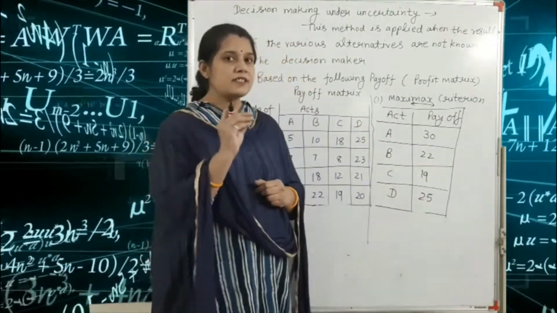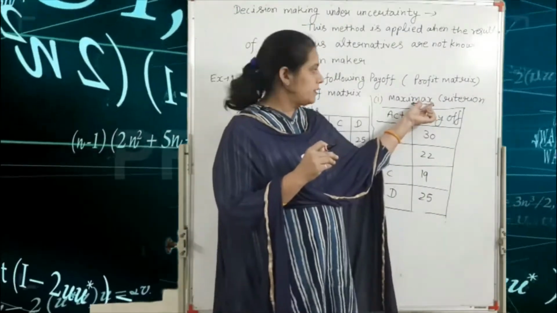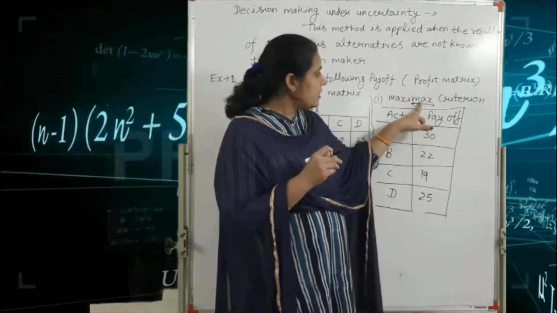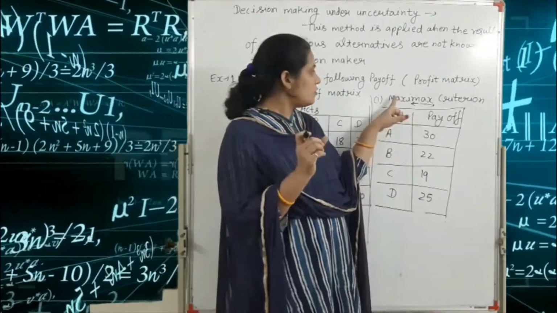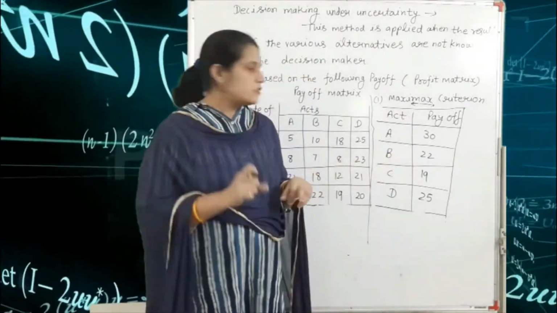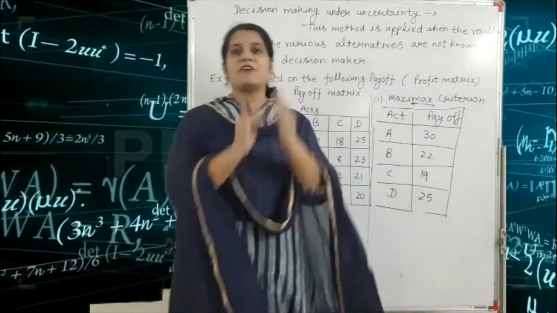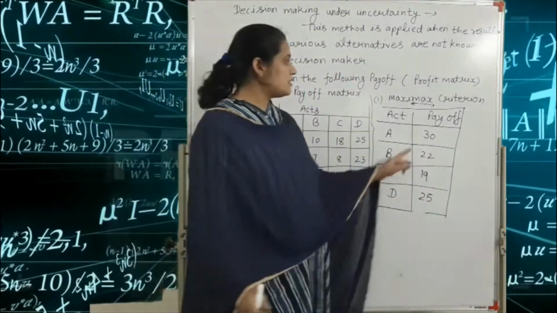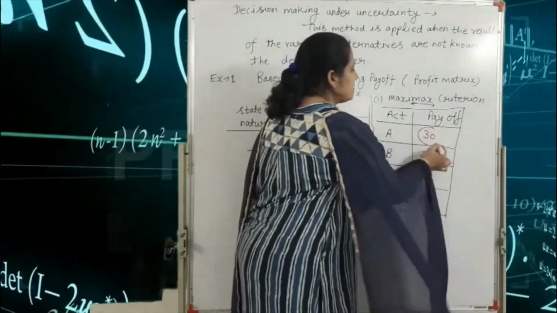That means first we completed this portion, starting from the back. After that we use the maximize part, starting first. So here again we write the maxi word. Here we find the maximum value in the payoff column. So the maximum value is what? The maximum value is 30. Got it?